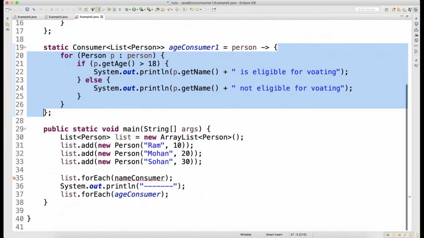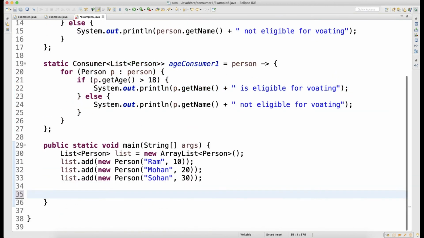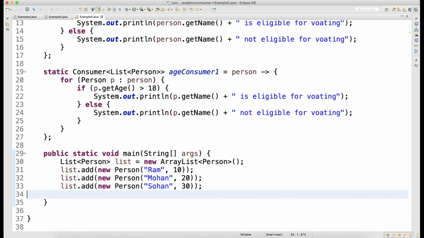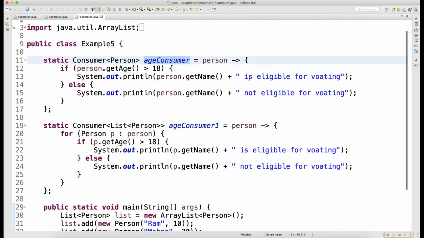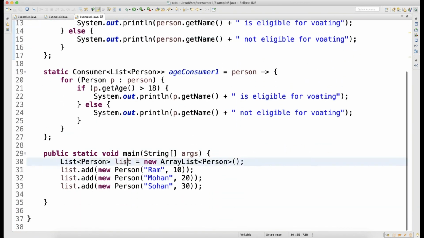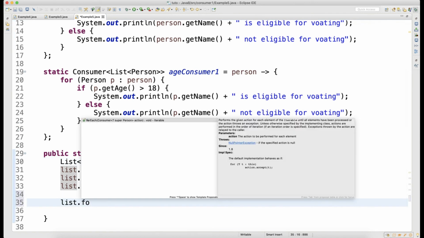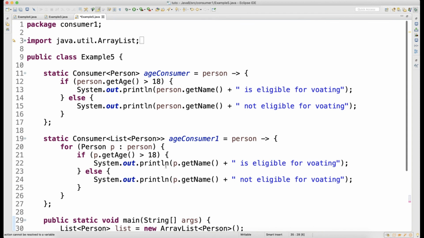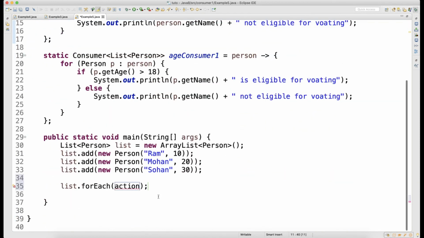So there are two ways we can make use of these consumers. The first consumer will process the records one by one. So your list has a method called forEach. Okay, both are static, fine. So we have the age consumer. Let me call that first, because this guy will process data one by one.